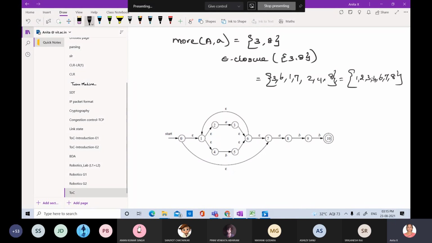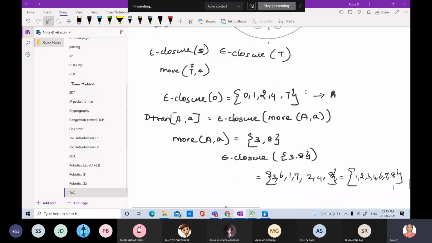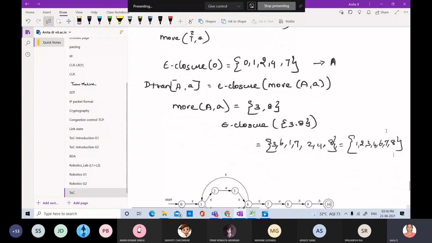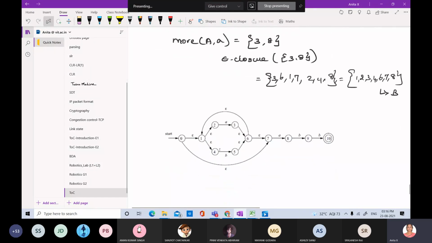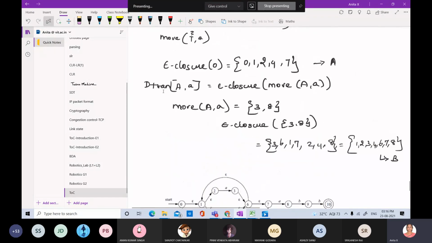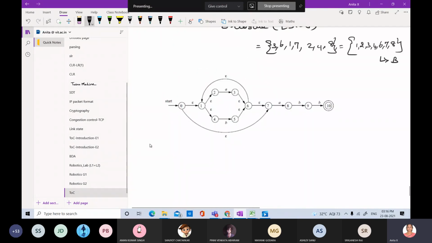All right. So is this an existing state? I am having the existing state A. Are these states the same? No, right? This is a new state. Let me call that as C, right? So what I'm going to do now is proceed with the input symbol A, that is, from the start state A on input symbol A, I'm having a transition to B. Now similarly, I have to proceed with